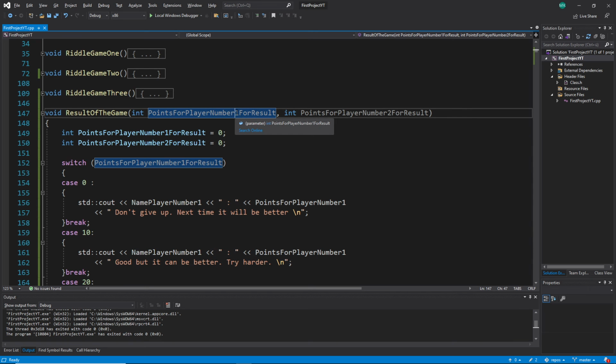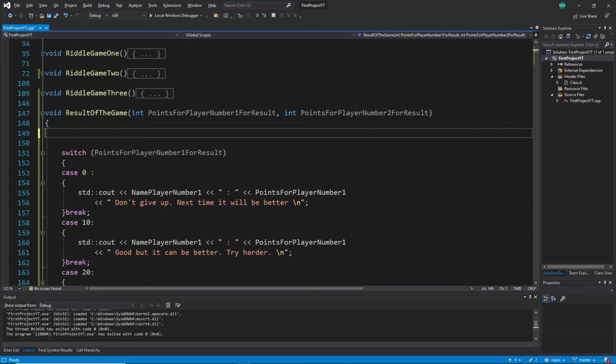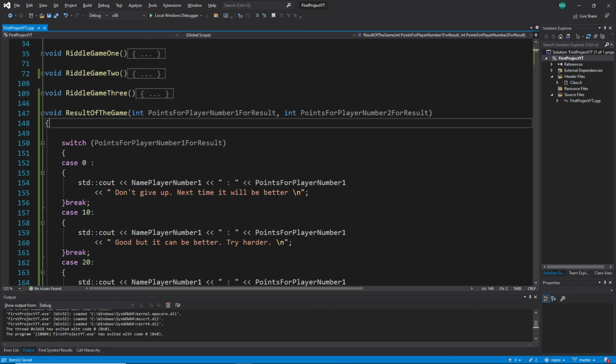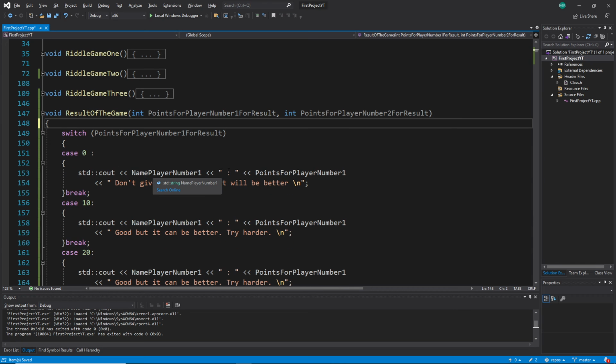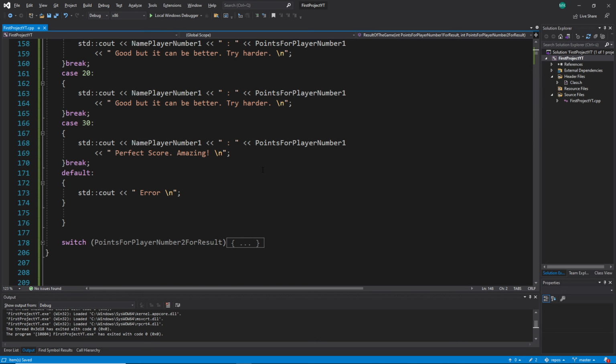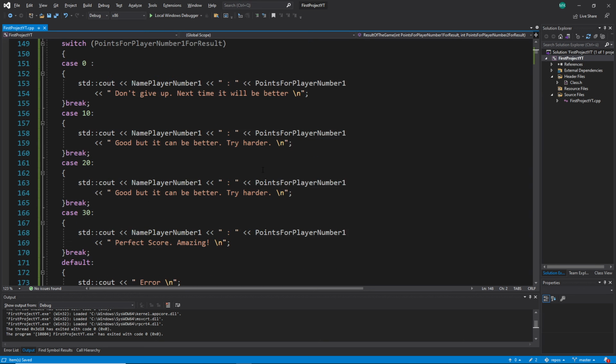Because now I give just this one here, and this is using it directly here in my switch statement. So in other words, this one we don't need, right? I get rid of this declaration now, but I have another problem here. So what is the other problem here? The other problem is actually I changed